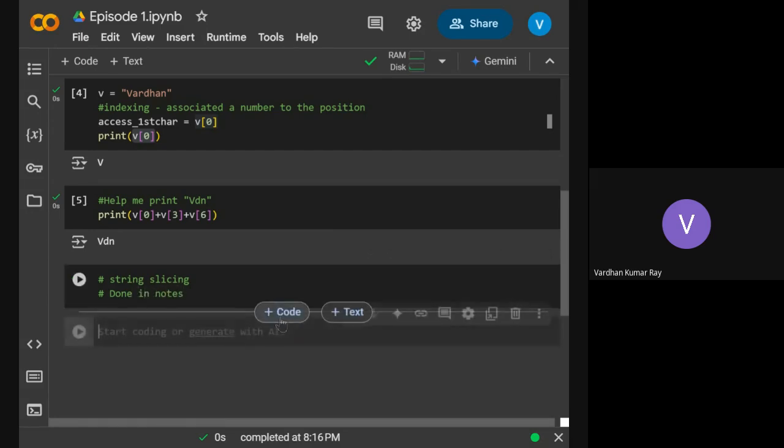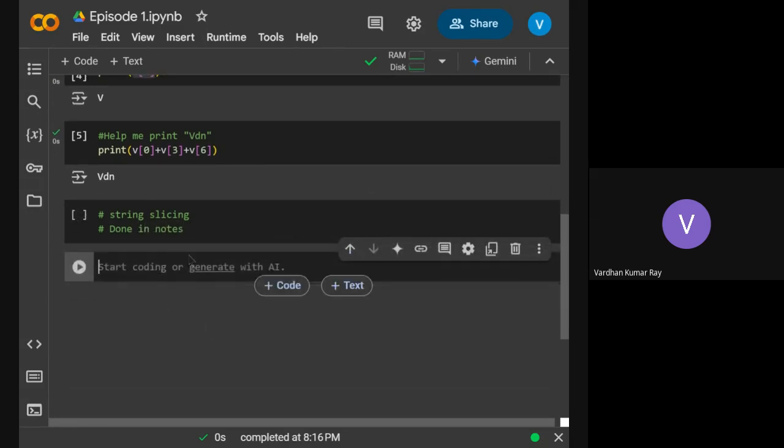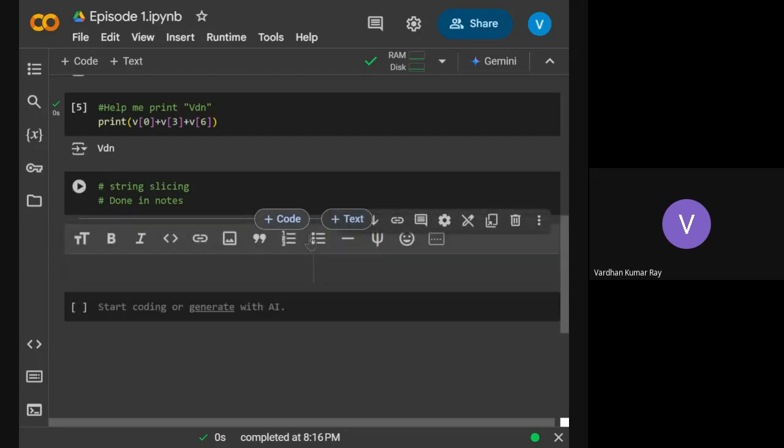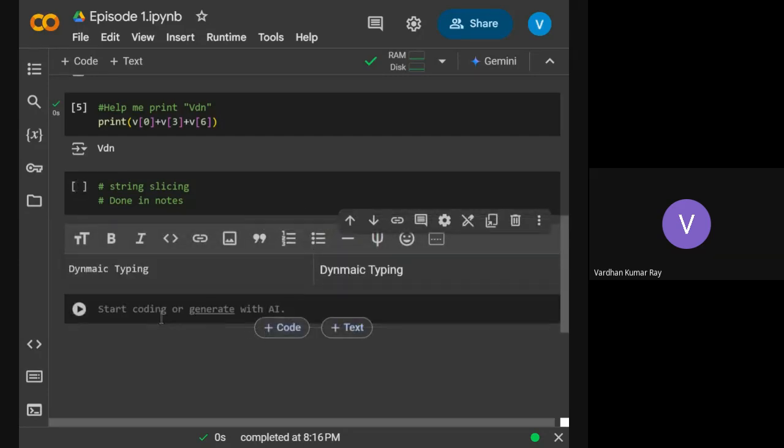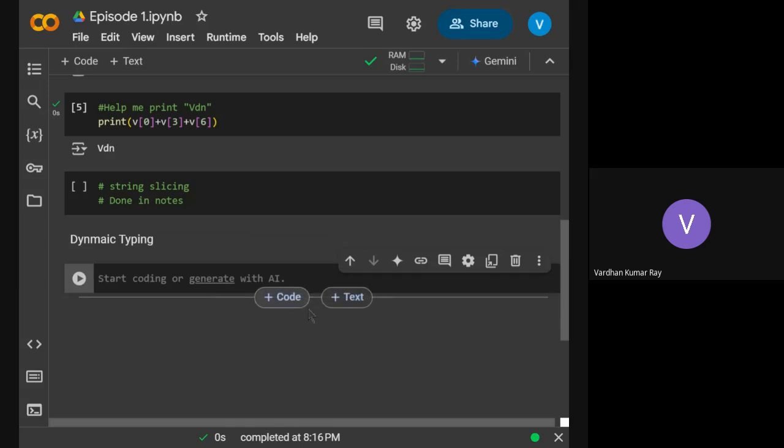So now I will do dynamic typing. I already talked about dynamic typing. Does anybody remember? While I was talking, I wrote something related to dynamic typing. Oh, by the way, the spelling is wrong.